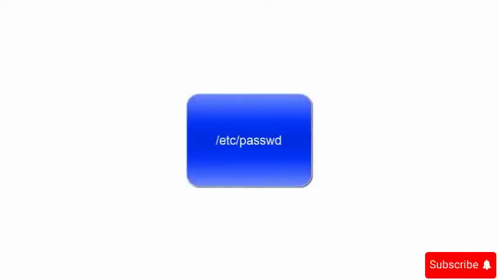Next is /etc/shadow file. Okay, so the /etc/shadow file is a critical file in Linux systems that stores the encrypted password hashes for the user accounts. Unlike the passwd file, which used to contain password hashes, the shadow file enhances security by storing this sensitive information in a restricted file, only accessible to the root user or privileged processes. By storing password hashes in shadow file, it helps protect user credentials and prevents unauthorized access to plain text passwords. Then we have /etc/passwd.